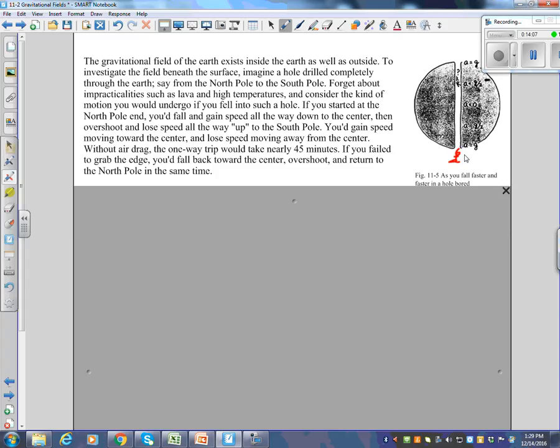Why would you stop? What's stopping you? Oh, well, if you wanted to stop, good. Wouldn't it attract you to the side of the hole because it would be pulling you toward it? She's saying that as you're falling down, you've got half an Earth on one side of you and another half on the other. So wouldn't it pull you this way the same amount that it pulls you this way and keep you in the center? The same thing front and back, anyway, right? It's a thought. Okay.